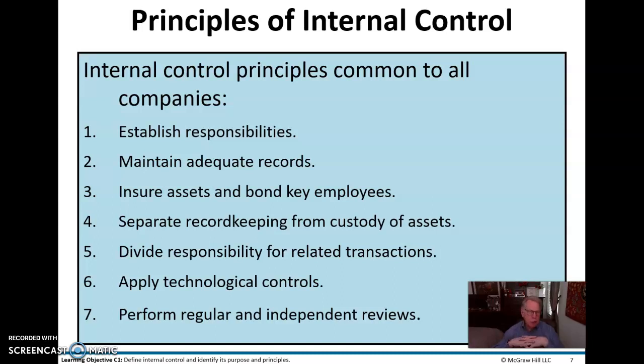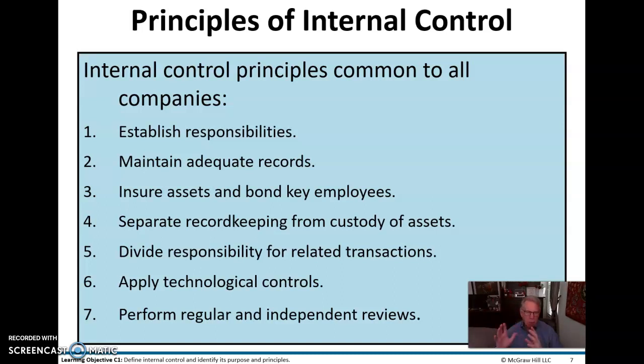So we want to insure our assets to make sure that if they disappear, it doesn't disappear from our balance sheet. And in some cases, we bond key employees. The only time I've been bonded is when I was a box boy at Bonds. That's been a day or two ago. But nevertheless,